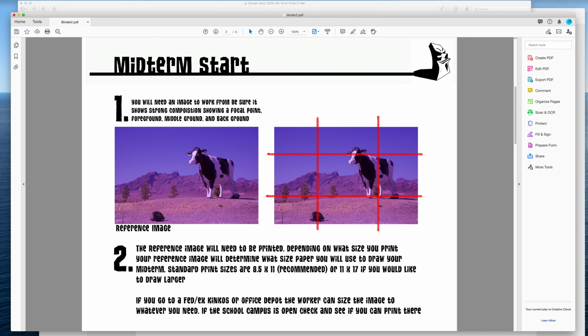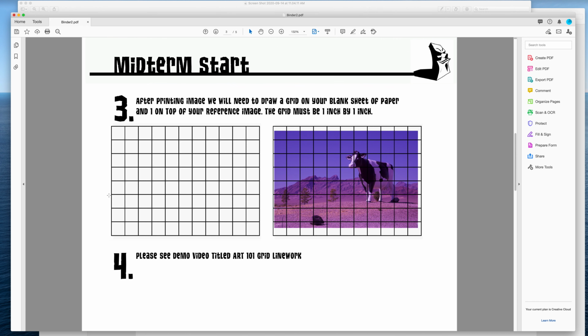Now, if you have an odd size paper and you're trying to fit the page and you don't have a printer, you can always do an online order at FedEx, Kinko's, or Office Depot. You can send them your image and tell them what size you want to print it to, or you can just tell them to fit to page. And when you get your printed image, that's when you can move on to step 3, which is drawing your